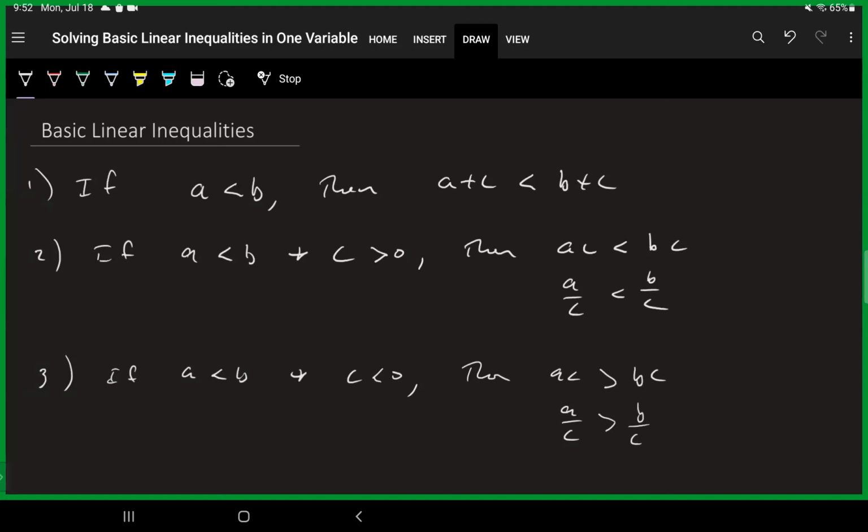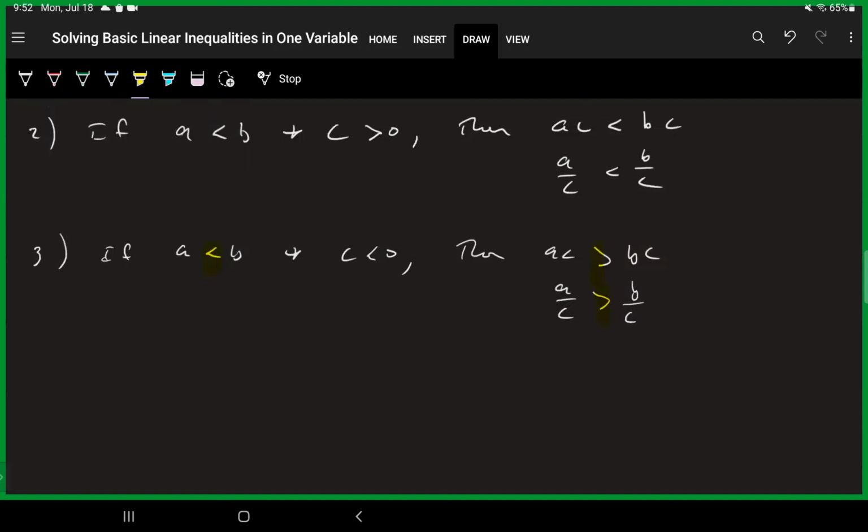If I'm multiplying and dividing, we have to be a little bit more careful. If I have a is less than b and c is some positive number, then the inequality symbol does not change when I multiply or divide. However, if I'm multiplying or dividing by a negative number, and that's what statement 3 says, I have to switch my inequality sign. So you may notice a is less than b here, but after I multiply or divide, the inequality symbol got flipped. So basically all this means is we can treat these like equations when we're solving them. We just have to be very careful when we're multiplying or dividing.